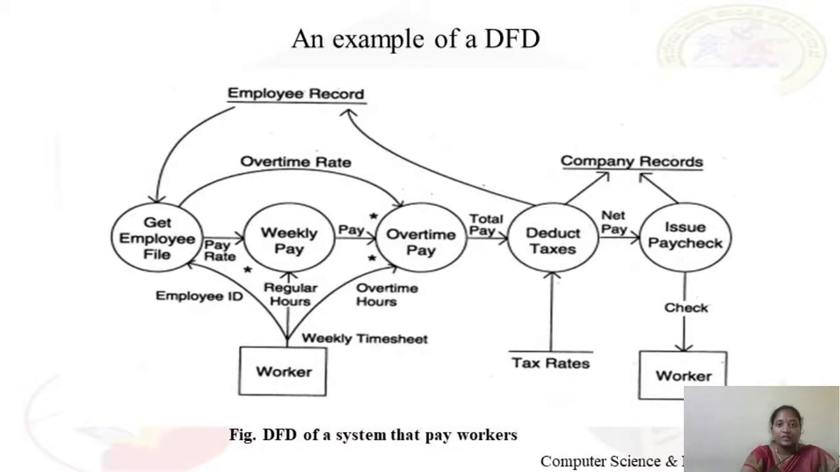There are 5 processes. They are get employee file, weekly pay, overtime pay, deduct taxes, issue paycheck. These are all the processes, and remember that processes are represented by a circle so that we can easily identify, and there is only one source or sink. So tell me students,